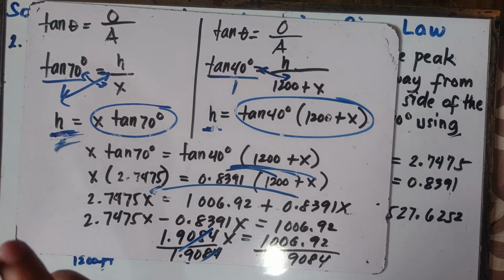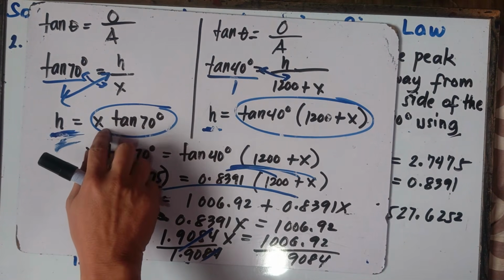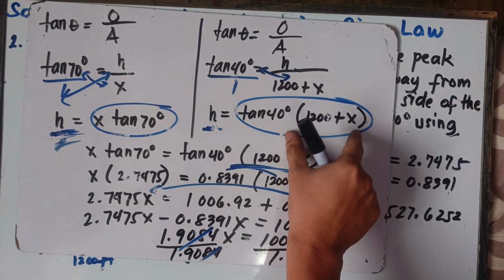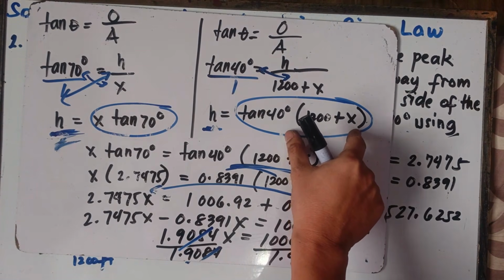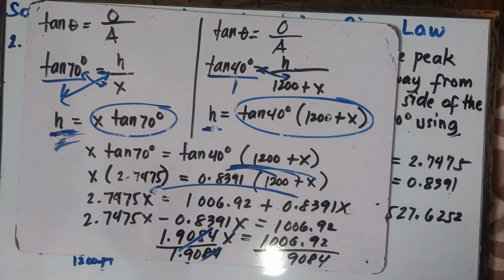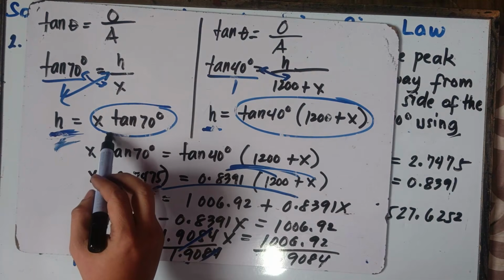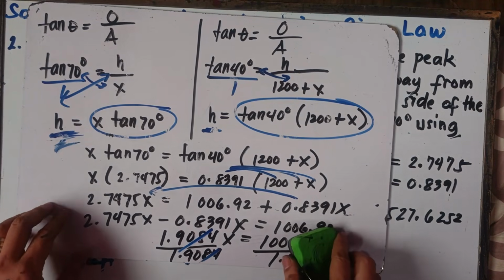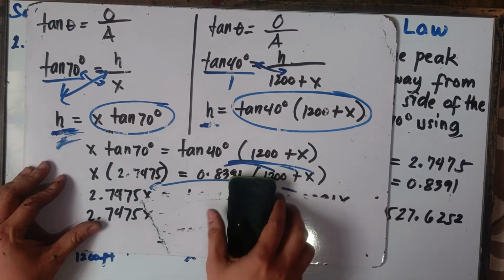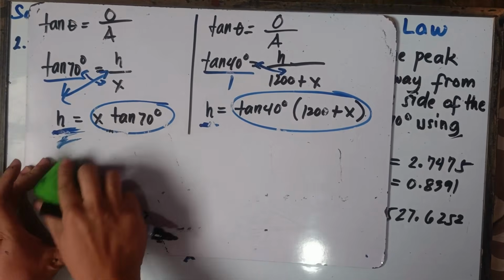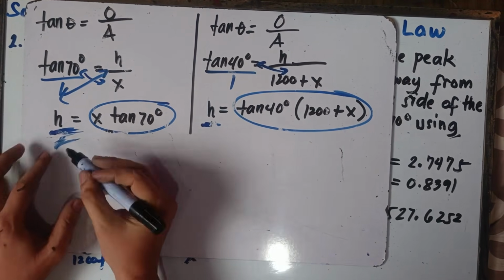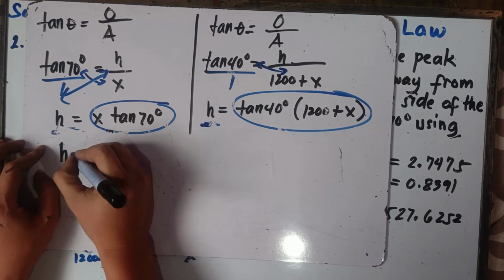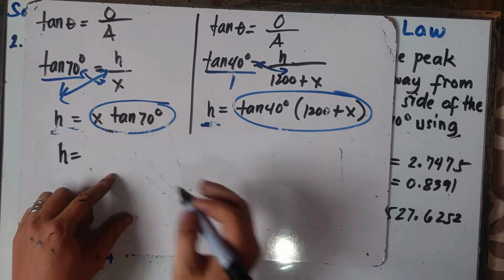Okay, once again, simply substitute the value of x. You can substitute the value of x here, or here, you will have the same answer, class. Once again, class, to find the value of h, simply substitute the value of x in this given equation. Okay, you pause the video, class. I'll be erasing this part. Alright, so simply substitute the value of x. So this will be h, height is equal to the value of x.